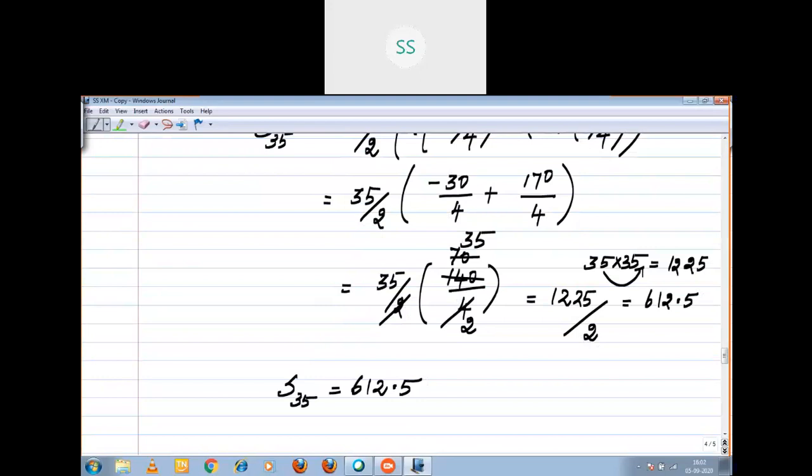I'm going to summarize the formulas alone. You have to be very careful. An equal to a plus n minus 1 into d. This is for the nth term of an AP, right? N equal to l minus a by d plus 1. For finding the number of terms, use this formula. Sn equal to n by 2 into 2a plus n minus 1 into d. One more formula is there. Sn equal to n by 2 into a plus l. If you know the last term and the first term, you can adopt this formula.